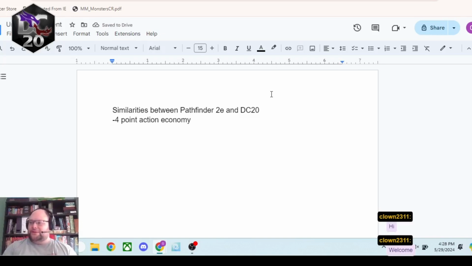What is it about the 4-point action economy? Well, Pathfinder 2nd Edition has a 3-point action economy. It's very flexible in the sense that you could attack, attack, attack. You could move, attack, move. You could move, move, attack. You can move, move, move. You have those 3 actions, spend them on what you want. But you also have that hanging reaction. And so I think that where DC20 has taken this, the 3-point action economy of Pathfinder, and improved upon it is by taking that hanging reaction, making it an extra action, and saying, you have 4 actions, do whatever you